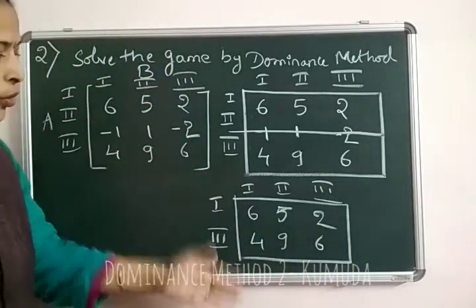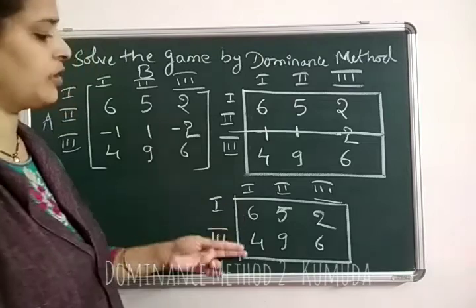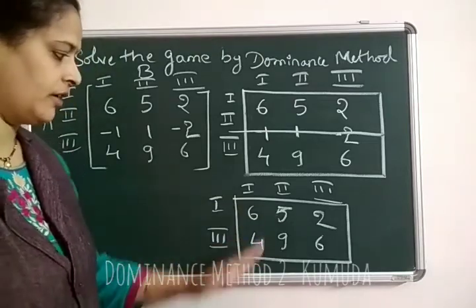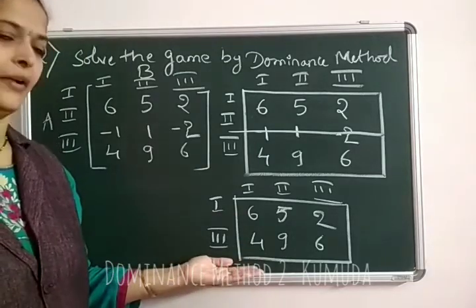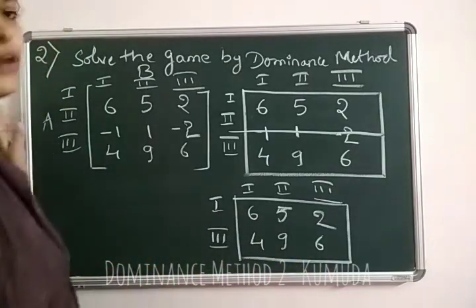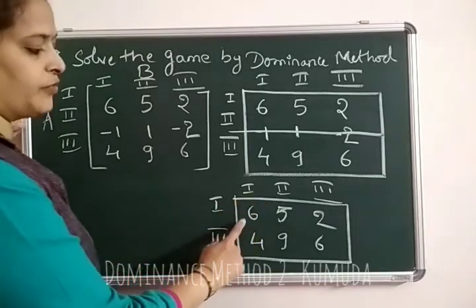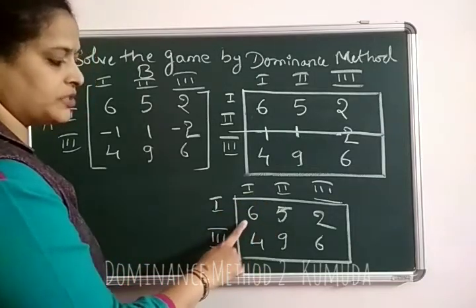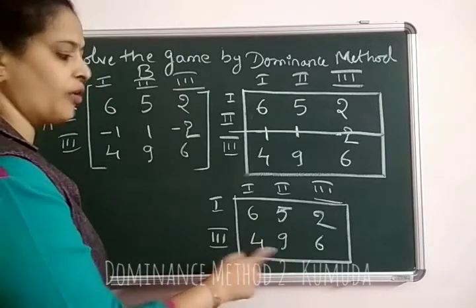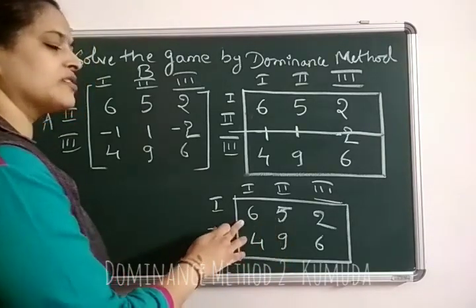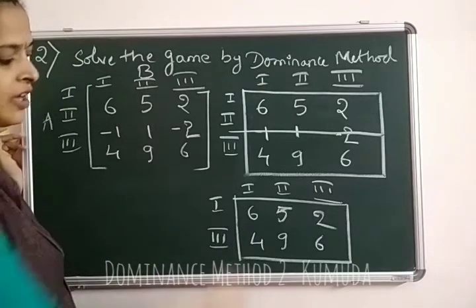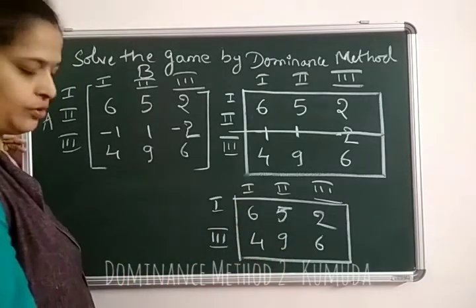Now no more row comparison that we can do, because 6 is more than 4 but 5 is not more than 9. Go in the reverse order. 4 is not more than 6, so no more row dominance can happen. Now we apply the column dominance. Look at the first column compared with the second column. 6 is more than 5, correct, but 4 is not more than 9. We can see even in the reverse order, 5 is not more than 6, so the first condition itself fails. First and second column, there is no dominance principle.